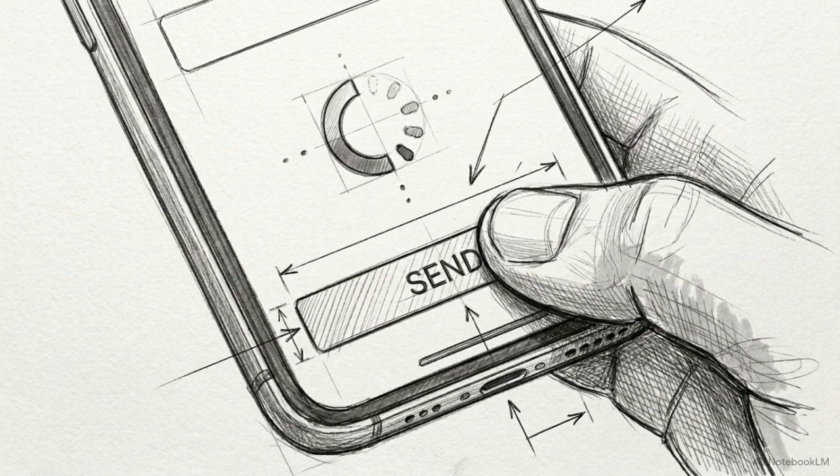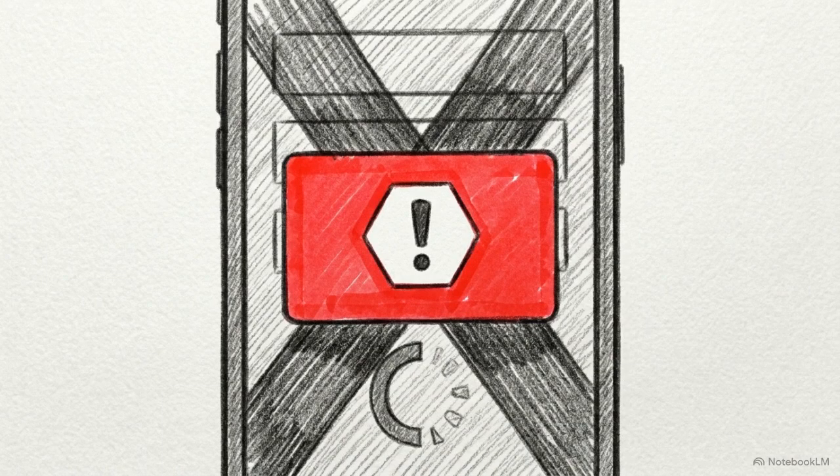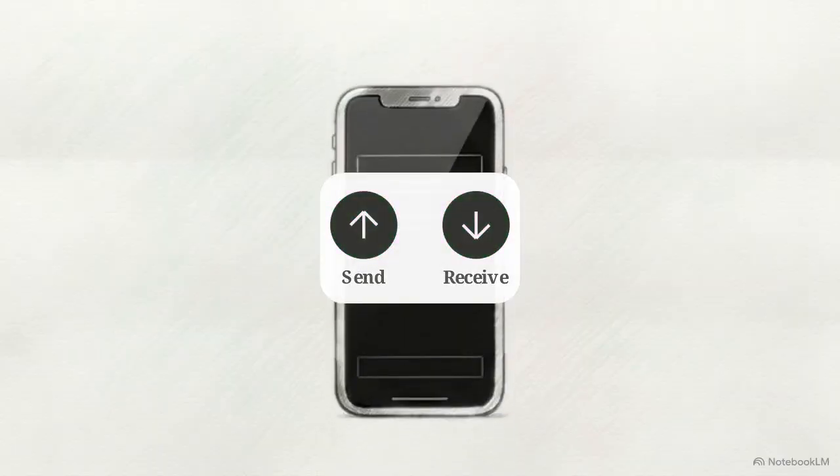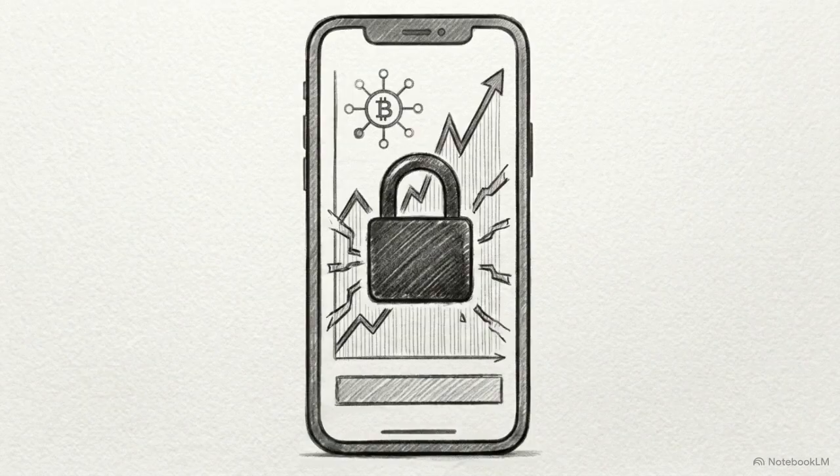You open Cash App to make a transfer, and instead of your balance, you hit a hard stop. The verification failed error triggers, instantly freezing your account access. This lockout creates an immediate bottleneck. Your sending and receiving limits are frozen, and your access to premium features like stock purchasing and Bitcoin trading is